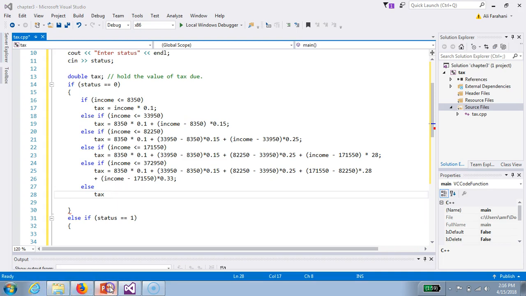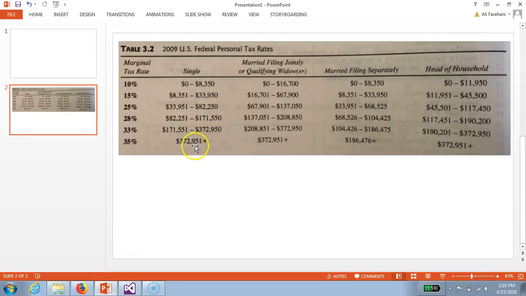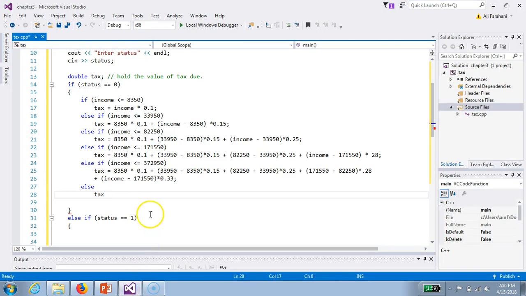So if the filer is making that amount, let's go back to the code, we can copy all this section, Control C, Control V, and we'll add to it